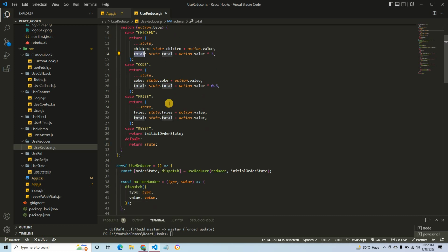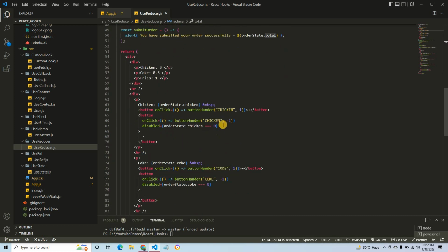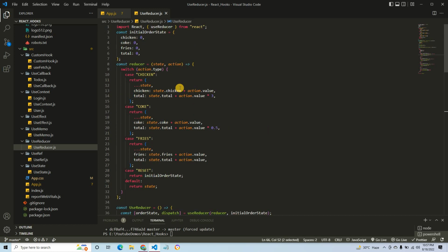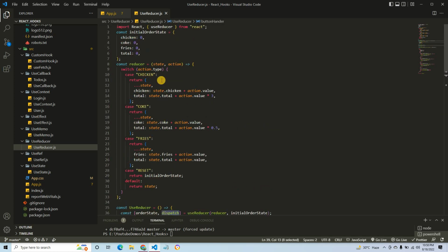And when I click on this decrement button, I am sending the chicken and -1 value here. At the same time we are dispatching the action from the dispatch method, and the dispatch method is responsible for making the changes inside this state.